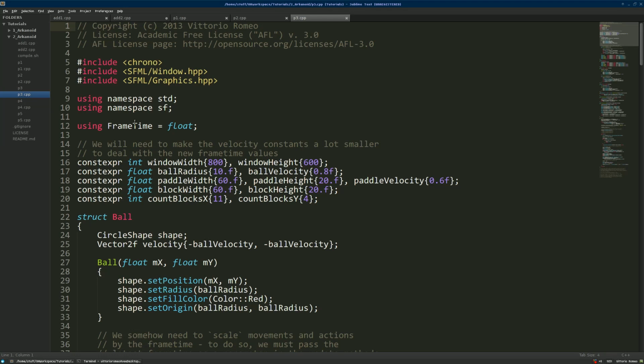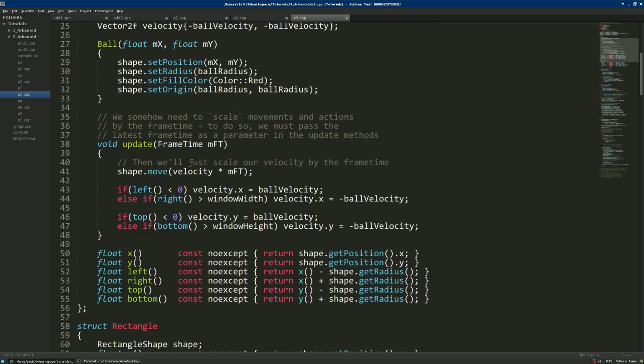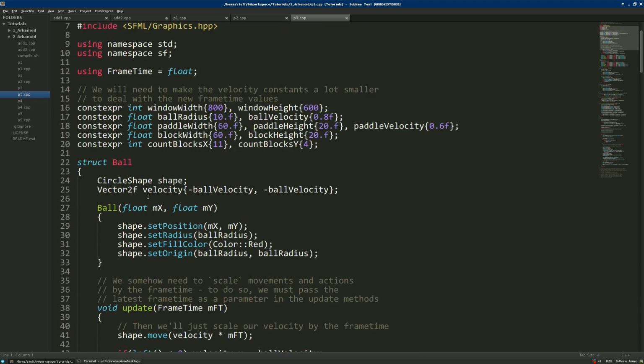So now that we have calculated the frame time and the FPS, we need to scale movements and actions to avoid behavior changing based on the frame rate. So to do that, we need to make our velocity constants a lot smaller to deal with the new frame time values. So basically it was 6 before, now it's